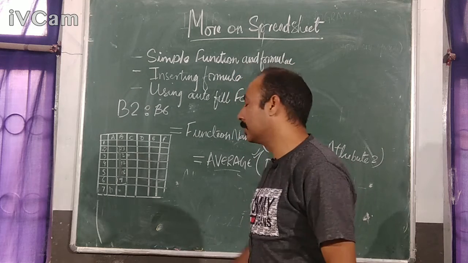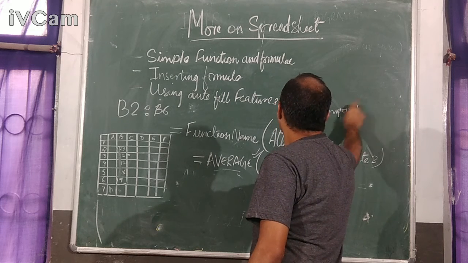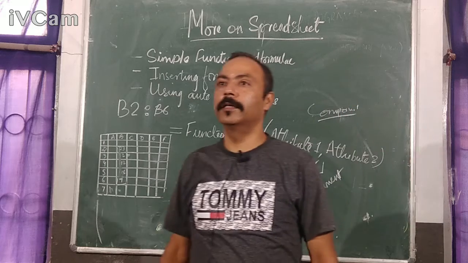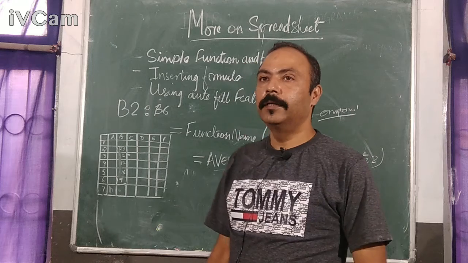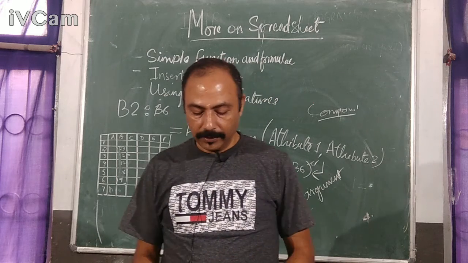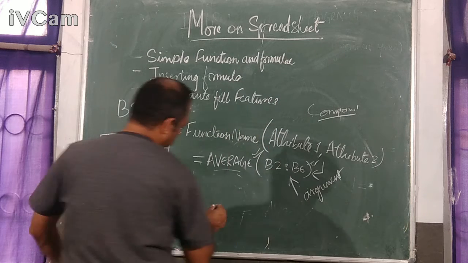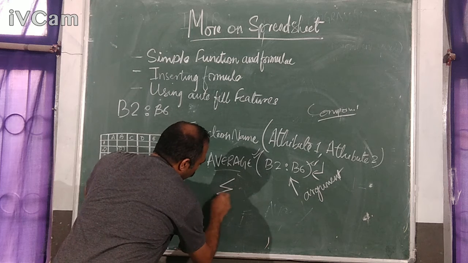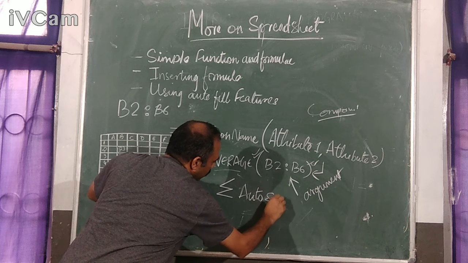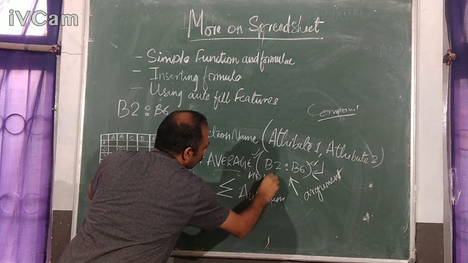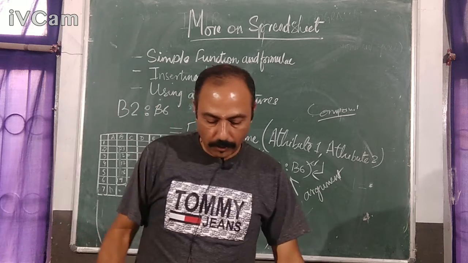In the last session we learned about the different components of the Excel window, so you must now know about the tabs. There are different tabs, like the Home tab. In the Home tab, you have to select this option, called AutoSum. This is the name of the option, and this symbol is AutoSum. From the Home tab, you have to use AutoSum.